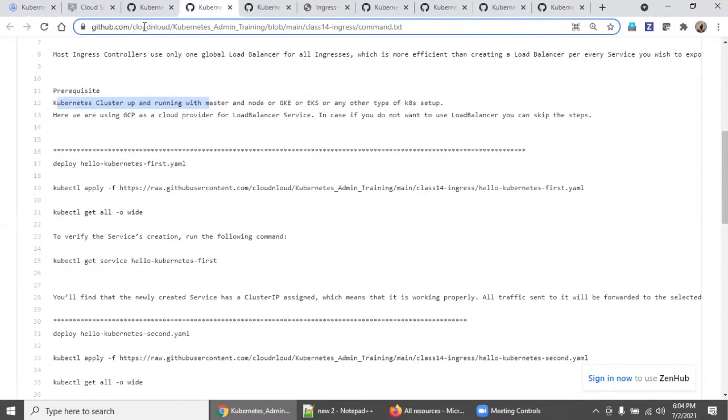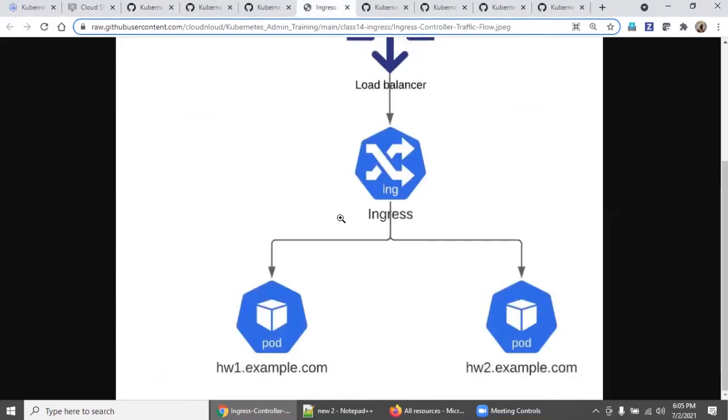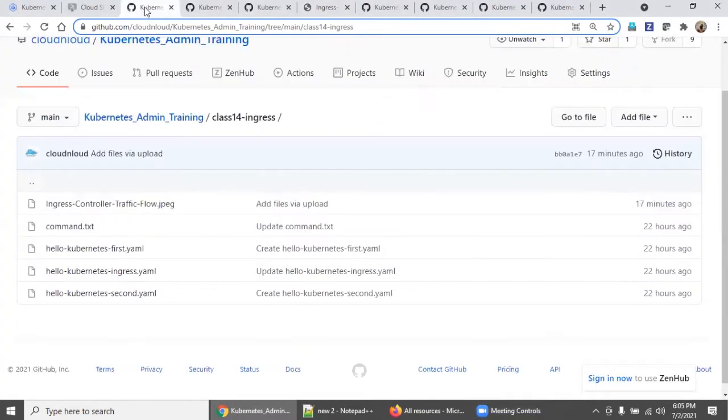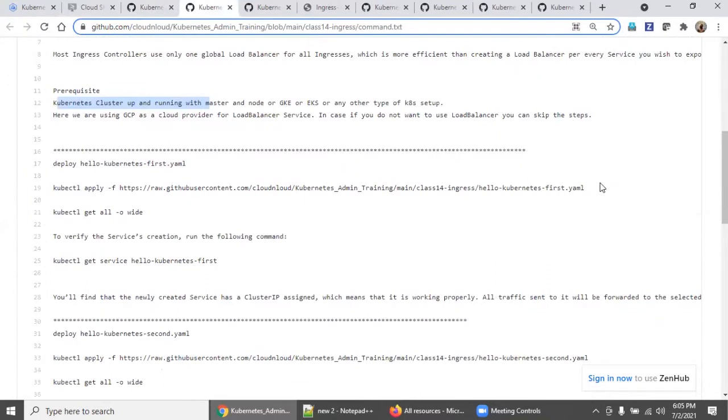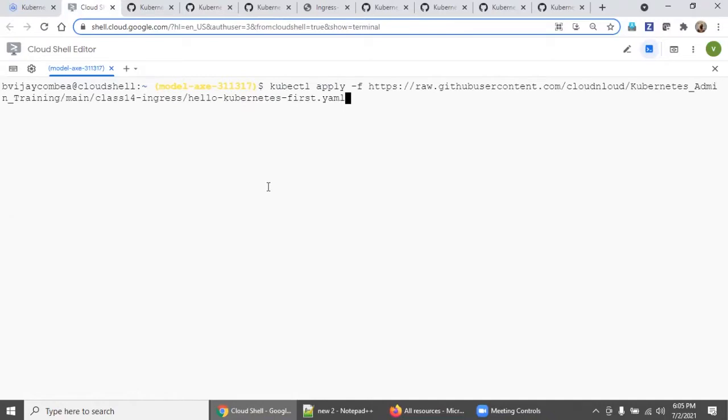Now you can see there are a couple of files, the hello-kubernetes-first.yaml, as per this diagram. First we will deploy them one by one, then we can assign the ingress mapping. So first we are going to deploy hello-kubernetes-first.yaml. As per this step, I'm copying this, go here, and say kubectl apply.